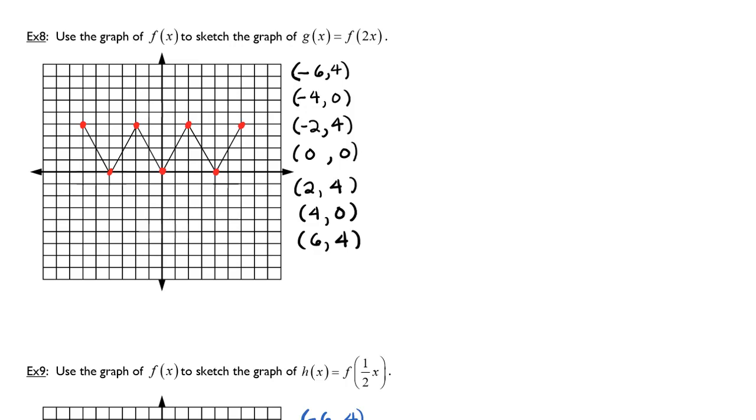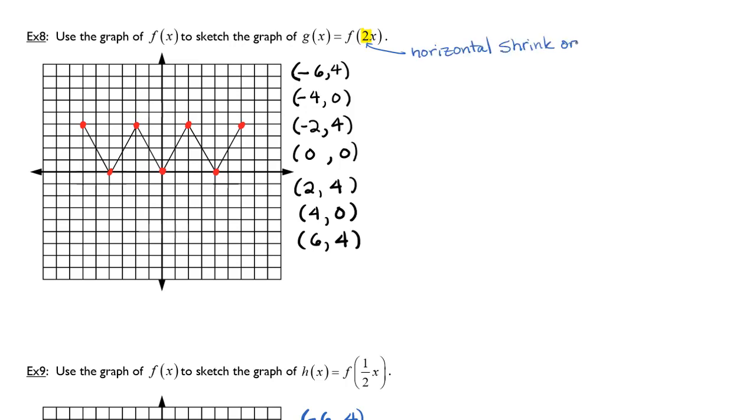Welcome back to Transformations on Functions. We're looking at the graph f of x, and we need to sketch the graph of g of x, where g of x is equal to f of 2x. Notice that since the x is scaled by 2 on the inside of the function, we have a horizontal shrink